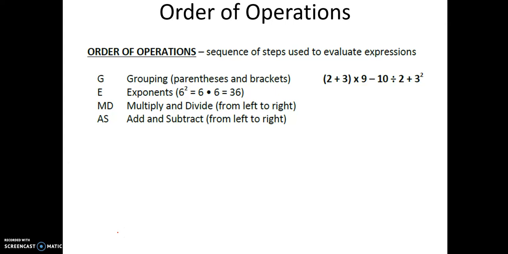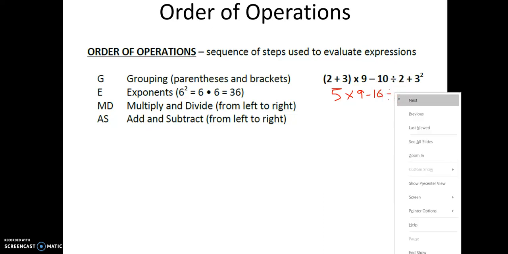Okay, grouping, parentheses and brackets, I see that, so I've got 2 plus 3, which is 5. And then I'm just going to bring the rest of my problem down. 5 times 9 minus 10 divided by 2,